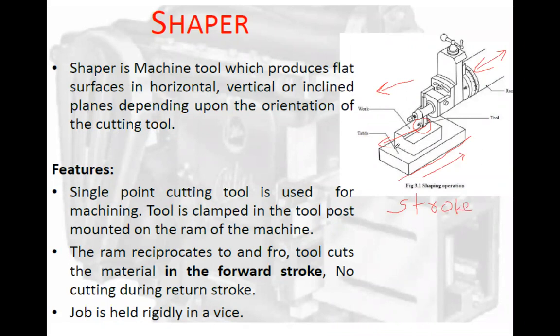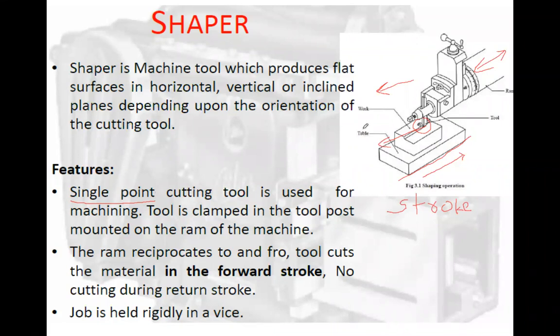Once your working stroke is completed, again it has to go back to its initial condition. That is a cyclic process, right? This going back to the initial condition is called an idle stroke, because in that stroke there is no machining. Normally we are using a single point cutting tool. In a drilling machine we normally use a multi-cutting tool, but in the lathe machine as well as the boring machine we have a single point cutting tool. So here also we are using a single point cutting tool for machining.